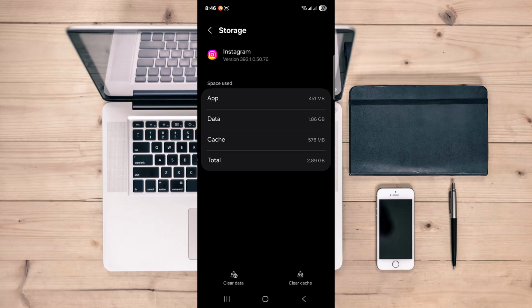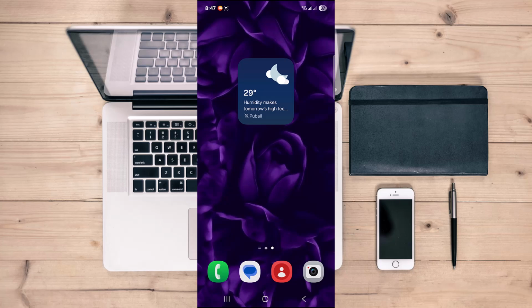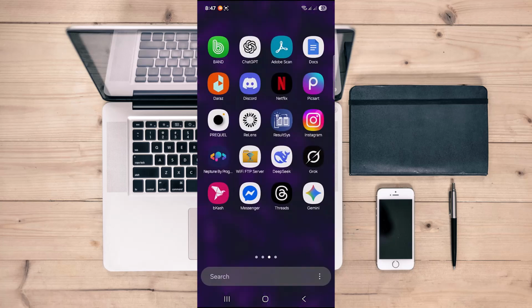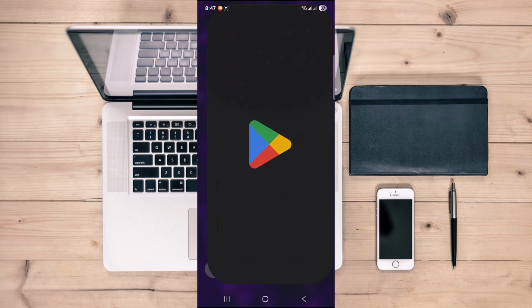In my one it is 576 MB. So I'm tapping on clear cache. It will delete all the cache files. So once the cache is cleared, you have to go to try to reopen your Instagram again, and then just head over to the Play Store,